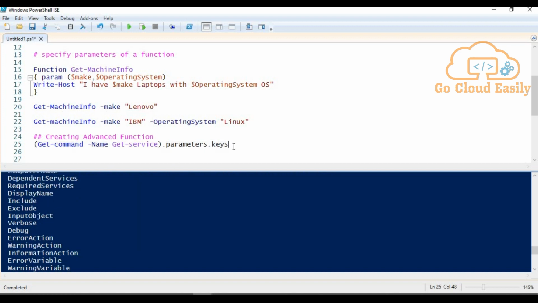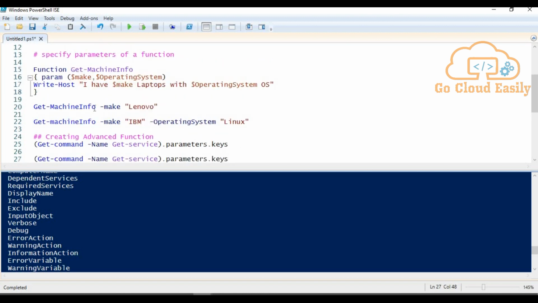In the same way, if I want to list all the parameters of our newly created function that we created in our last demo, let me copy this and replicate this.